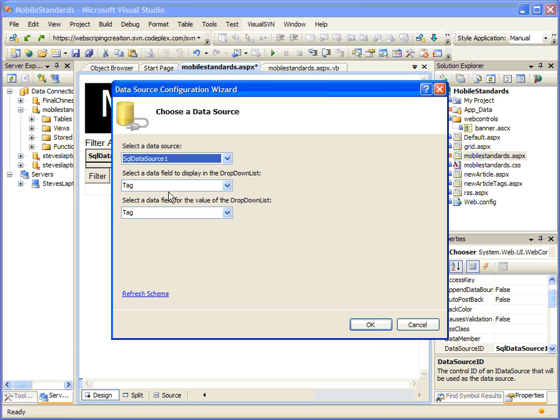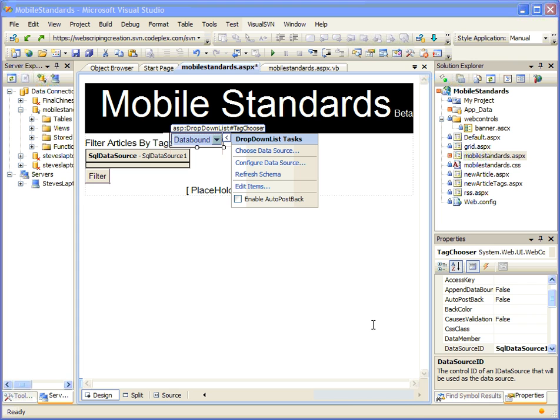Remember, in the new article page, we wanted the visible text to be the name and number of the week, but inside it, what was hidden was actually a link to the record number, the primary key, if you like. In this case, we're not going to do that because we're actually going to search. We're going to construct an SQL query based on the actual content of the tag, the name of the tag. So I'm going to click OK to say that both the value and the text will be tagged, although in practice we'll only ever need to consult the text of that